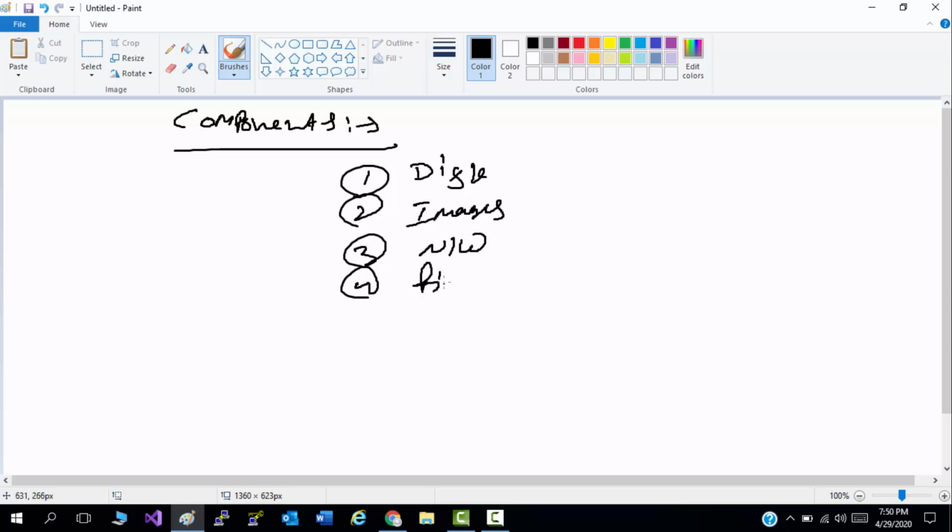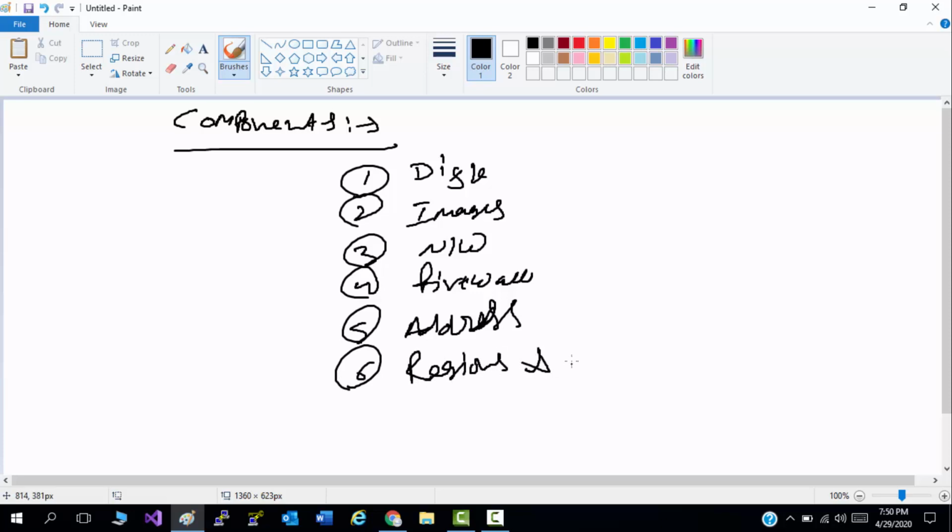Number 4, firewall. Number 5, addresses. Number 6, regions and zones. Number 7, instances.